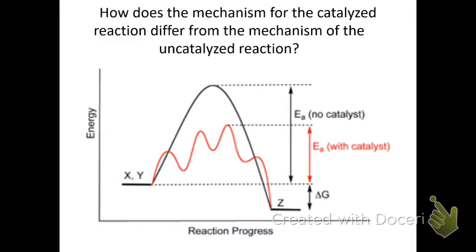How does the reaction mechanism compare for the catalyzed versus the uncatalyzed reaction? There you have EA with the catalyst and then without. And that one has got a multi-step process. That's why it's just one hump is enough, but that one is changing a lot. I don't like that one. In the end,